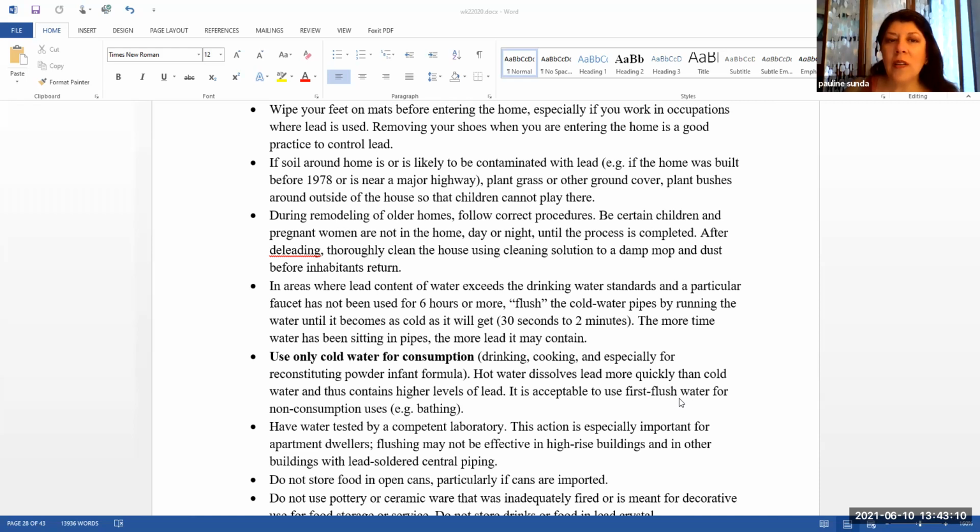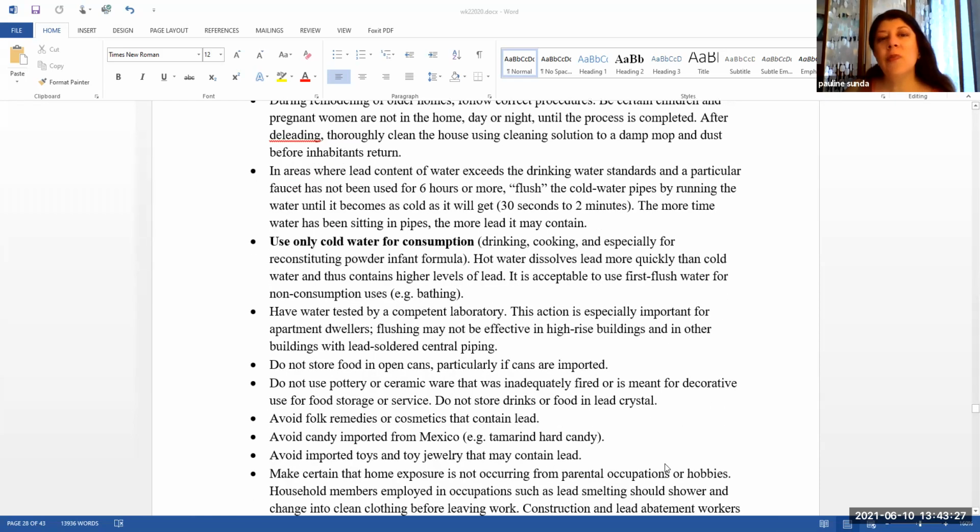Be certain children and pregnant women are not in the home day or night until the process is completed. After the de-leading decontamination procedure, you want to thoroughly clean the house using cleaning solutions, a damp mop, and dust before anybody returns. In areas where the lead content of water exceeds the drinking water standards,